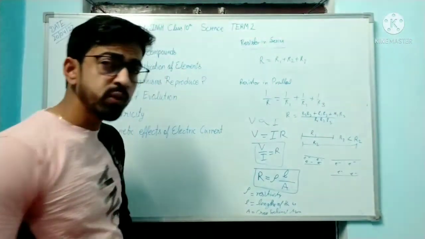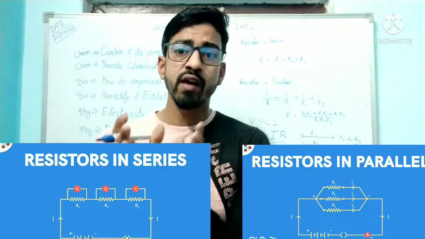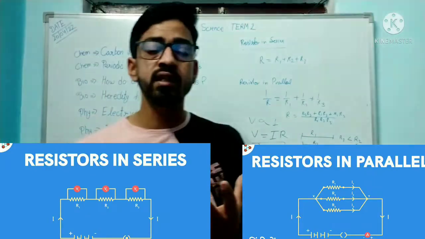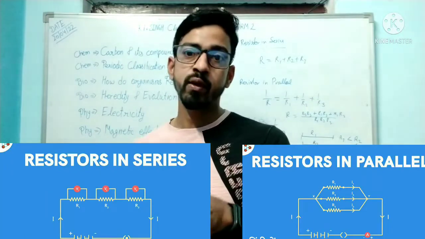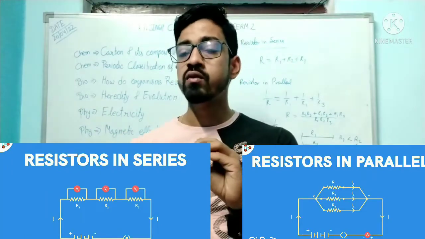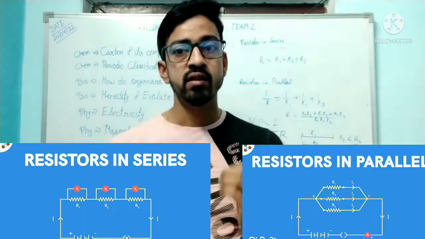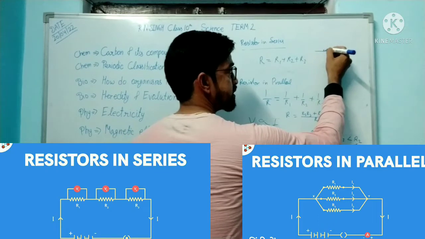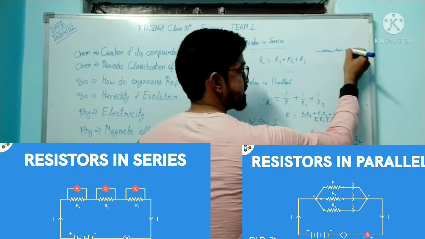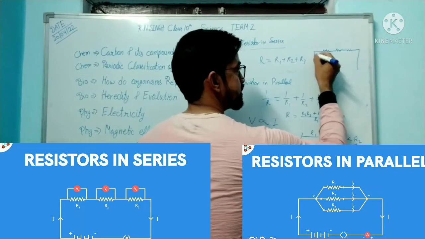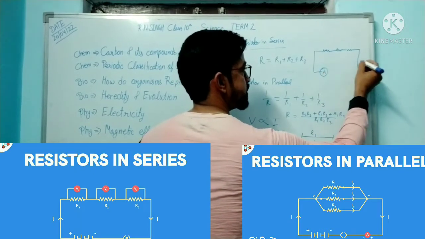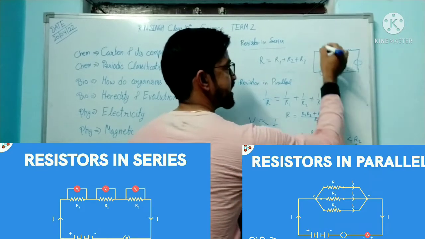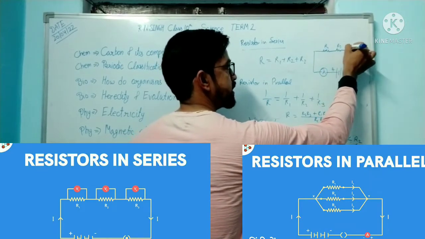So what is the important thing you have to learn to solve numericals? Because the theoretical part is also important, by which you can solve the numerical; otherwise you cannot solve it. Like in the case of resistance, suppose these three resistances are connected in series, and there is a voltmeter and a battery. So this is the positive terminal, this is negative, this is R1, R2 and R3.